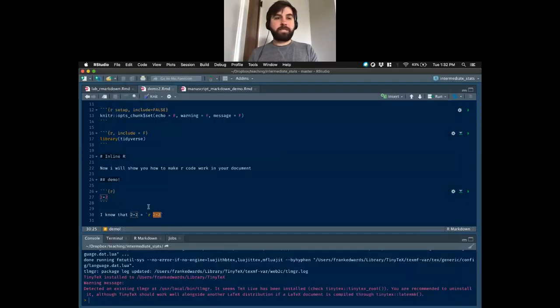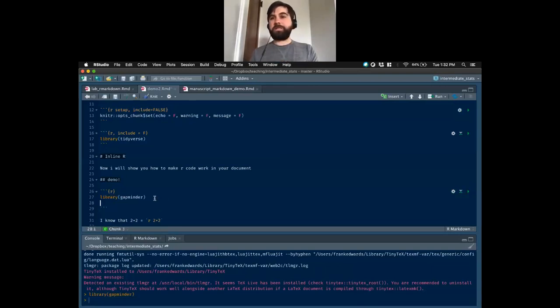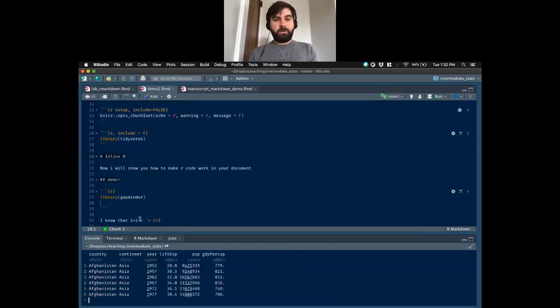Now this seems a little silly, but let's say that I am working with the Gapminder data, right? And let's say that I want to know what the correlation is between GDP and life expectancy, right? So let's remind myself what gapminder looks like. Now, that is something that I often would want to write up in a report, right? So I could do something like